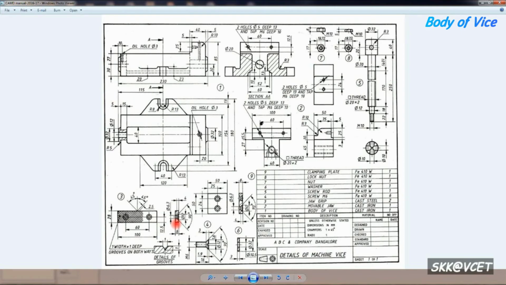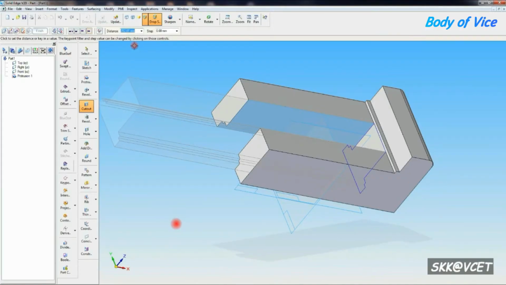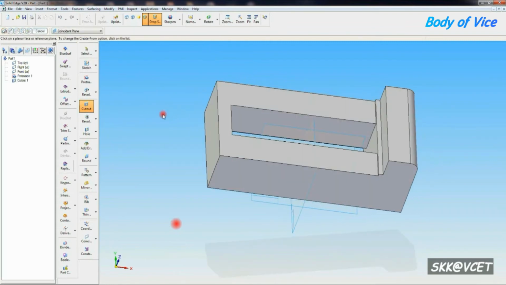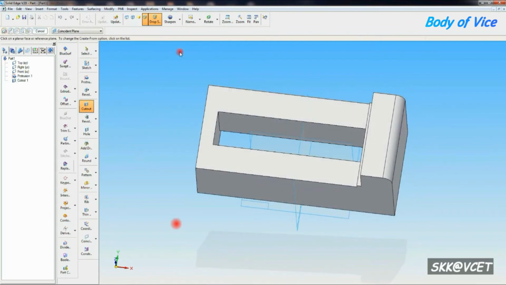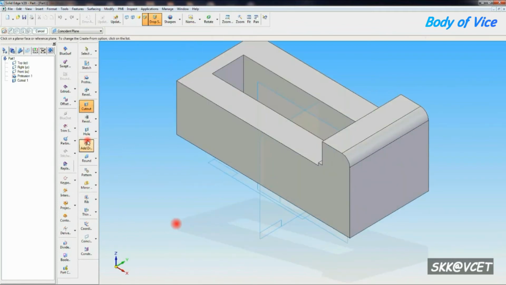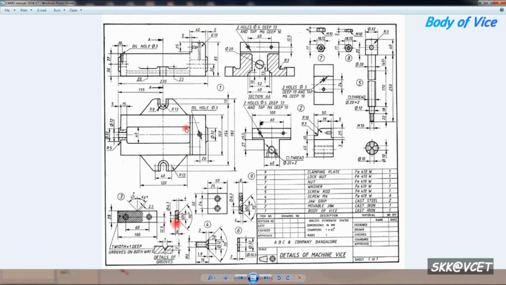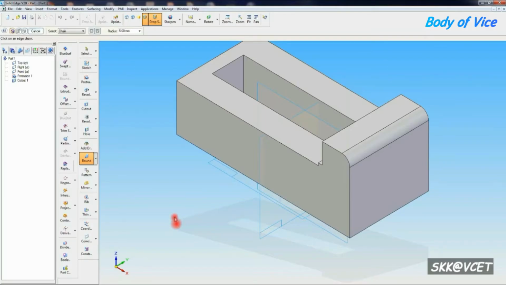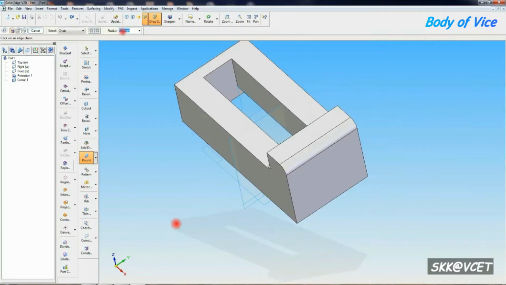You can get something distance, you can get even here 220 minus 50 minus 40 you have to give, you can get 165. That is the cutout. Now in that plane you have to make fillet radius of 3 mm you can give. They didn't mention, normally you can take 3 mm as the fillet radius.